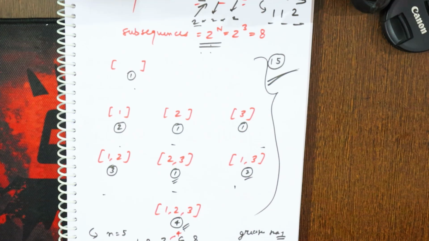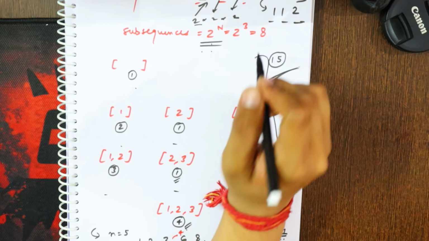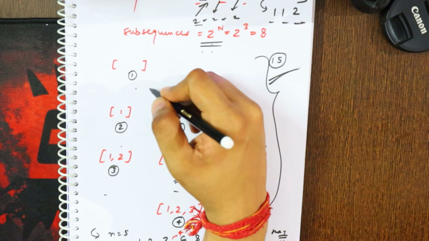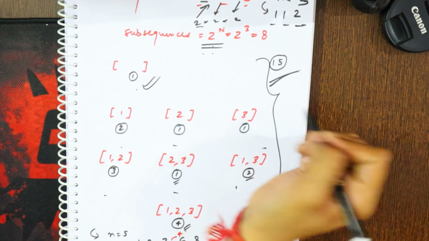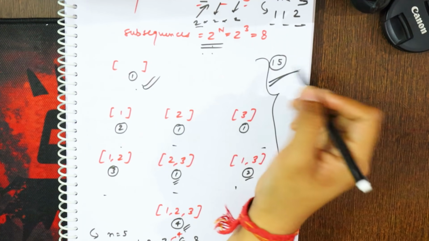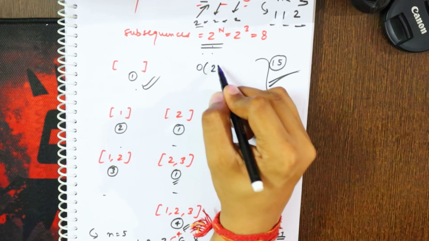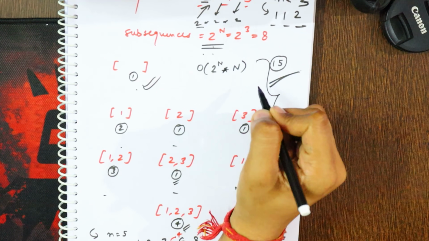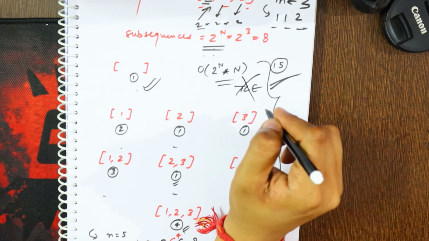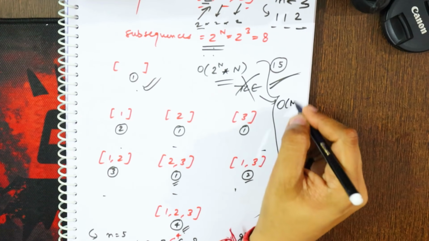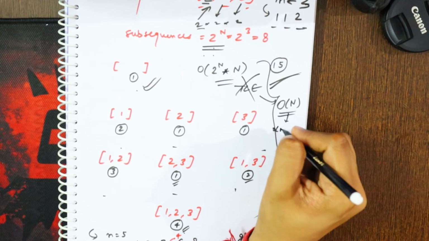Now you will say, yeah, it is cool, but I think what I will do is find every subsequence and compute its MEX value in O of N, then output my answer. But if you do this, it will take O of 2 raised to the power N into N time, and it will give TLE, so you don't want this. At max you can do it in O of N or O of N log N.